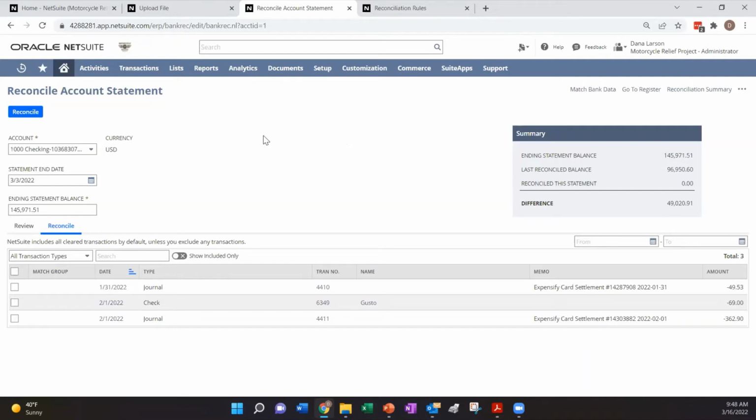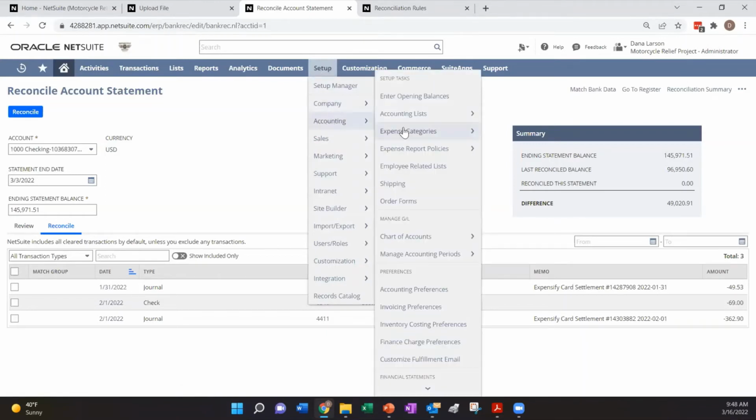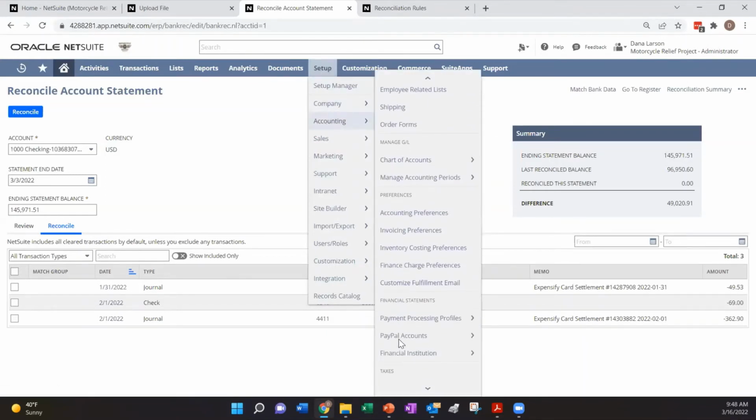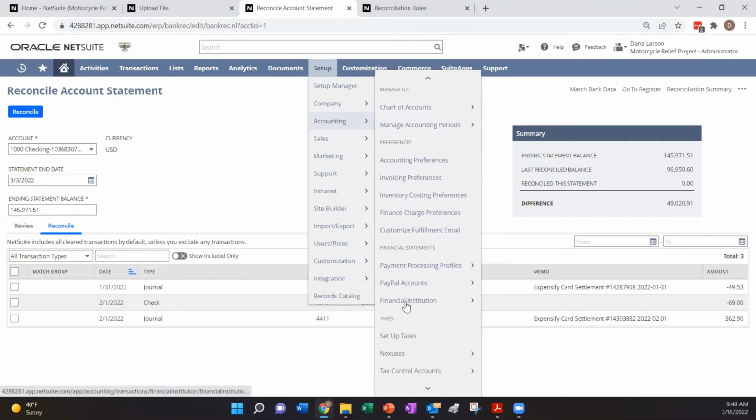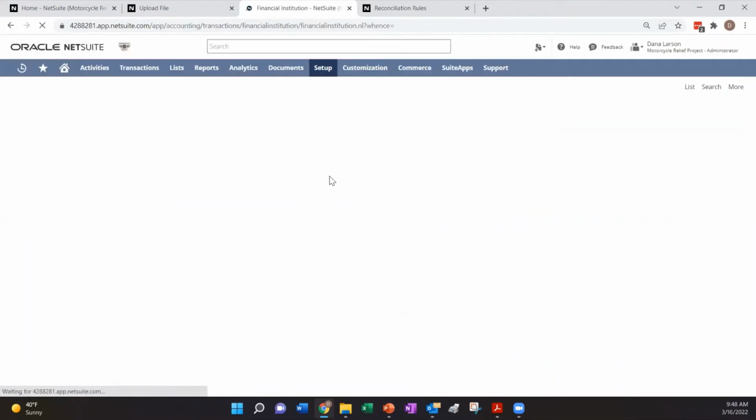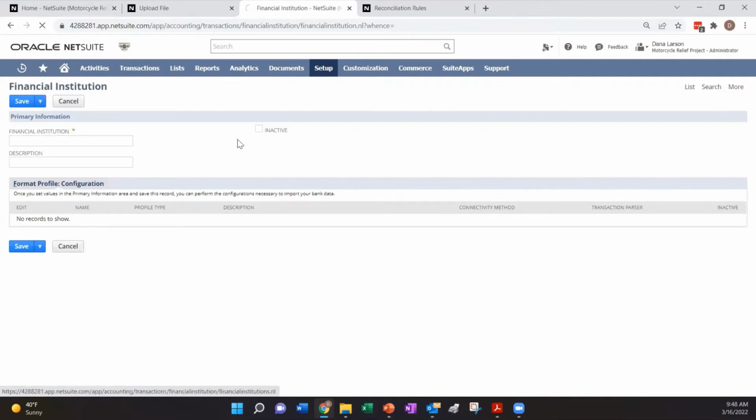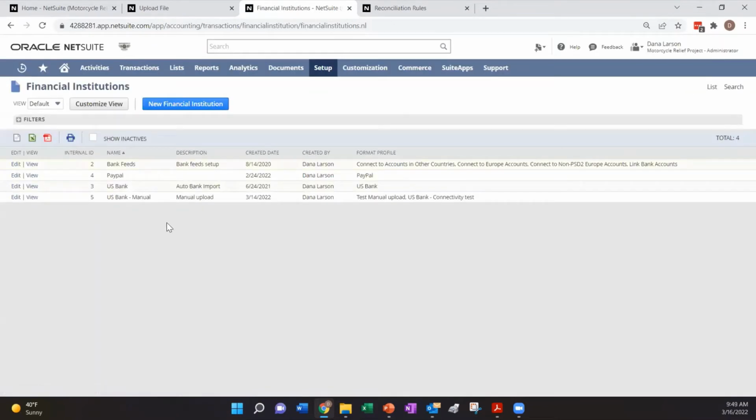So inside NetSuite here in the accounting, this is the bank feeds. So I'm going to talk about this financial institution. So if we look at our list of financial institutions, you can set these up manually, and this is how you can do your connectivity if you want to set up your own file and do it that way. Otherwise, you need to add, there's a couple suite apps. There's the bank feed suite app that you'd want to add. So if you add the bank feed suite app, which is free,